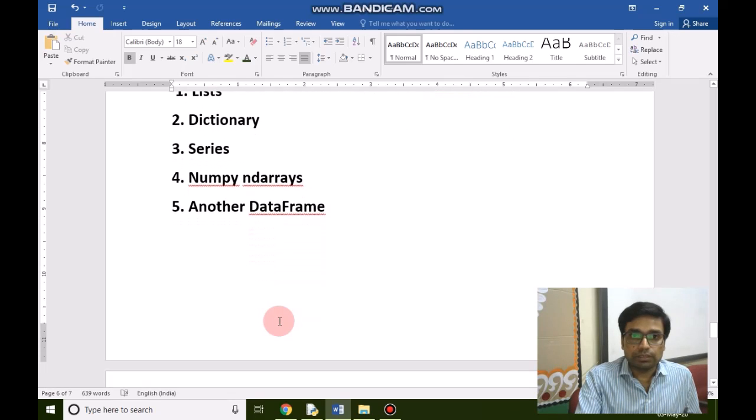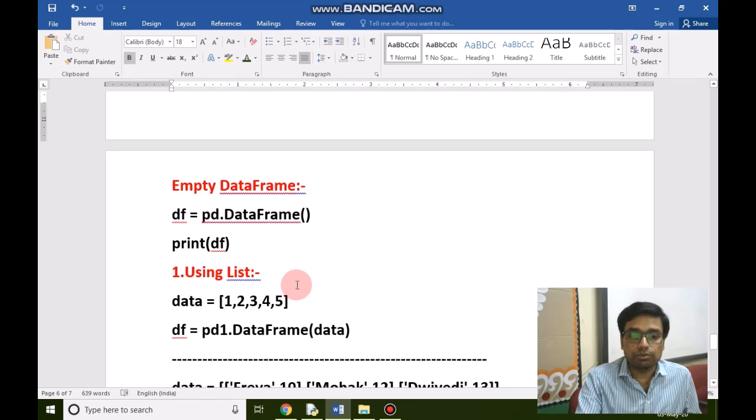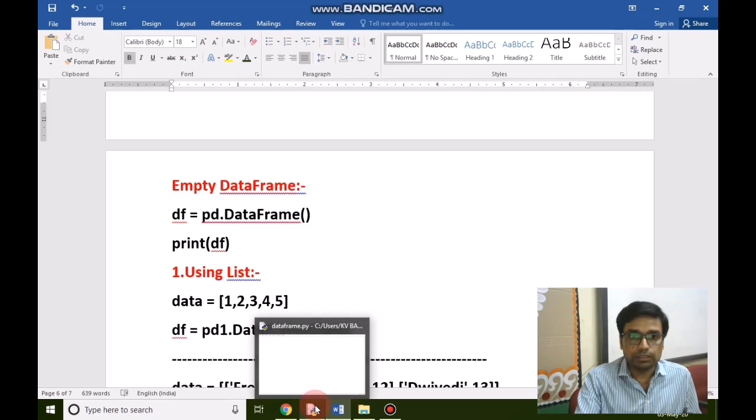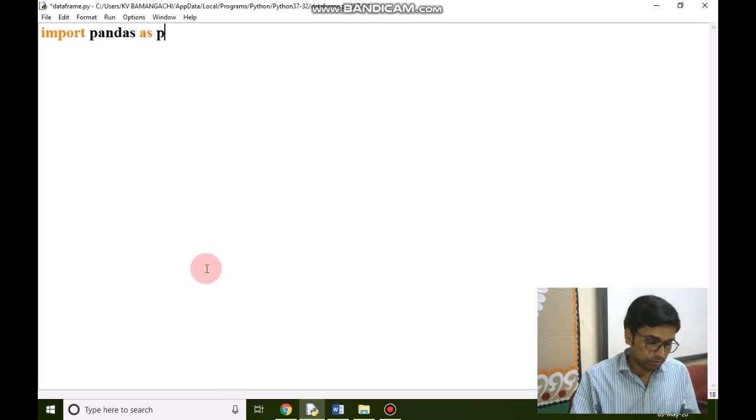So first we come to using a list. How to create a DataFrame using a list. Before that, we need to know how to create an empty DataFrame. So we will code it. Import pandas as pd.